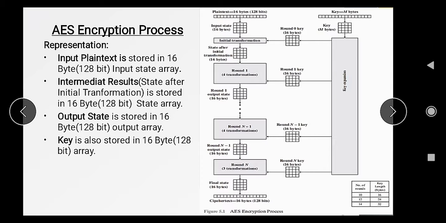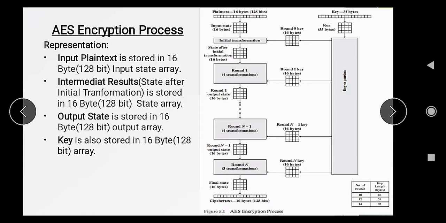Okay, here again we use the 4 into 4 box, that is a matrix, to store the keys also. Here is the overall structure of the AES standard. Here we have total 4 things. First one is the input plain text, then intermediate results, output state, and key.